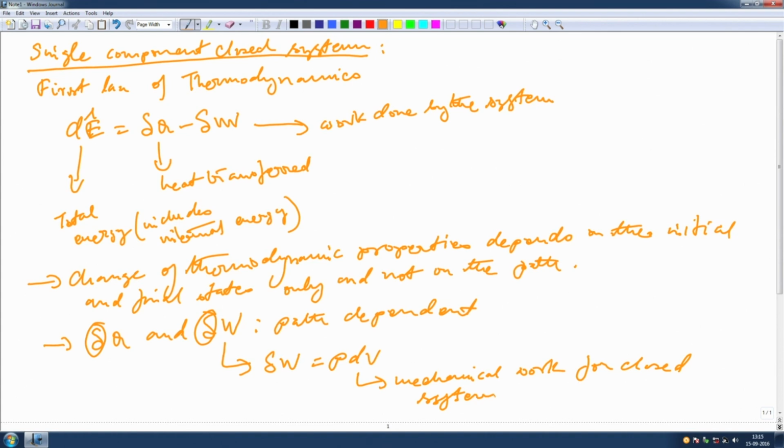So, this is the first law of thermodynamics for any single component closed system. This we already know, and we already know about these features, that this is path dependent, the internal energy is basically path independent and all those things. Okay. So, going to the next page,